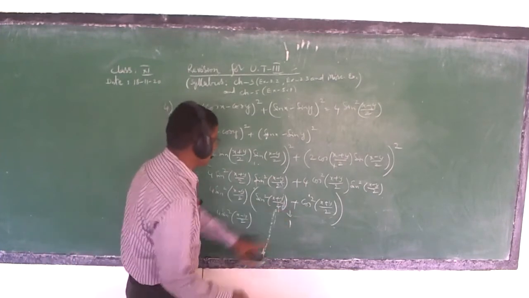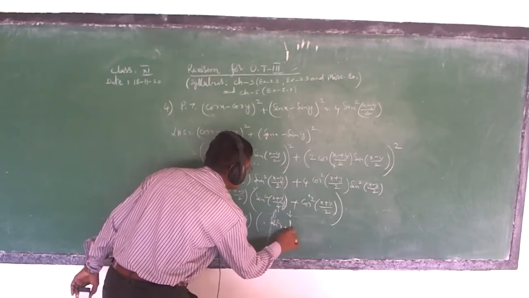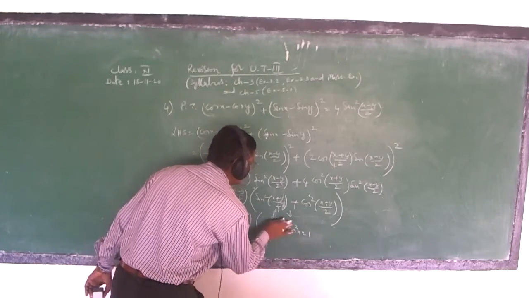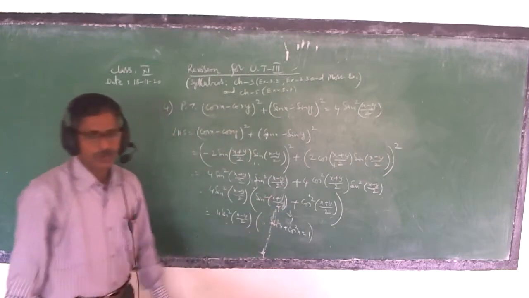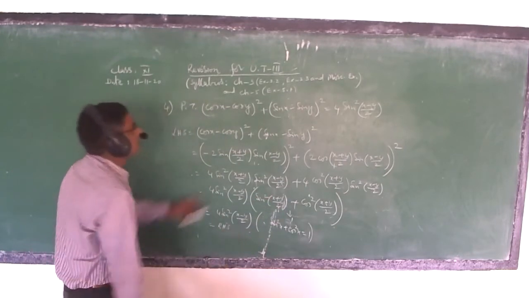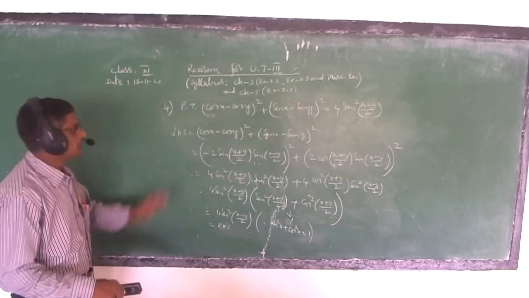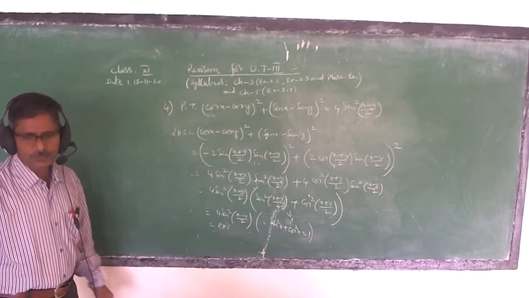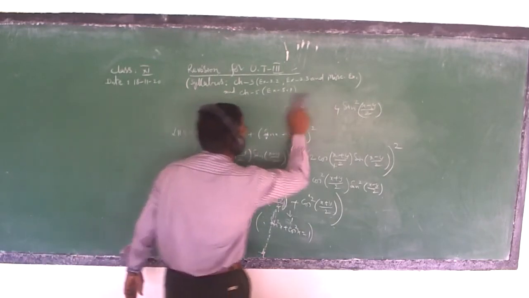Because why is this equal to 1? We know that sin square x plus cos square x equal to 1. That is how this value is known to be 1. So this is what RHS. That is what RHS. Right, beta? So this is how we have to prove this type of questions. So this is what is related to trigonometry.